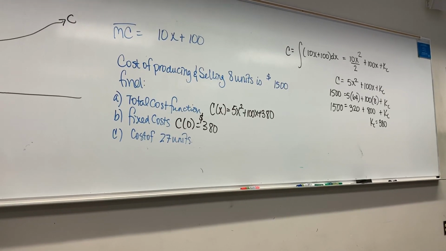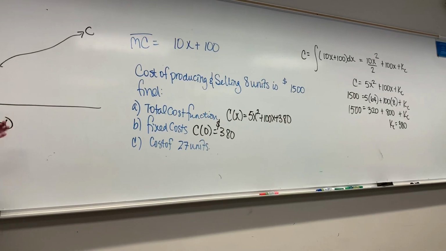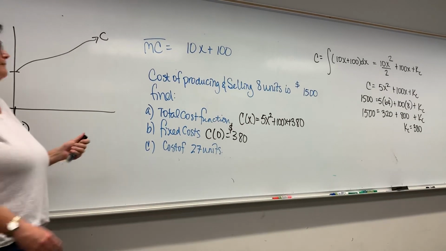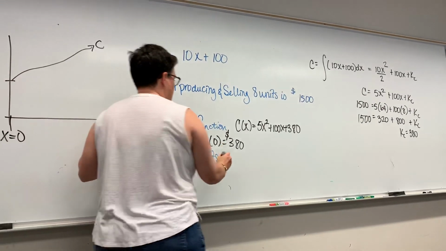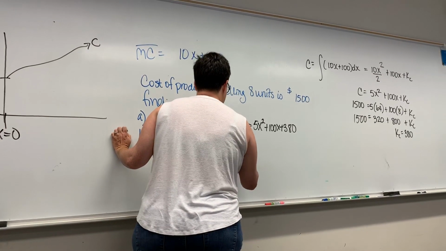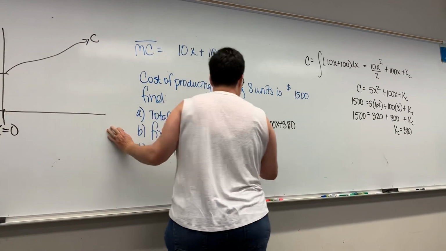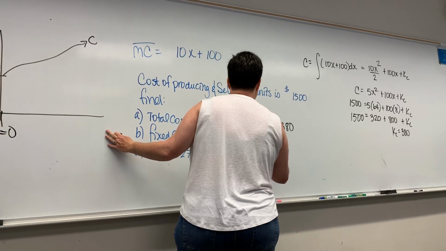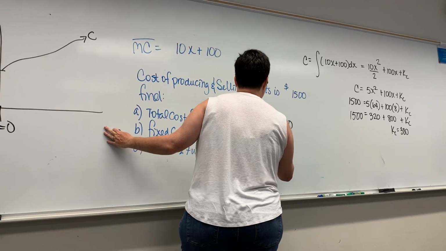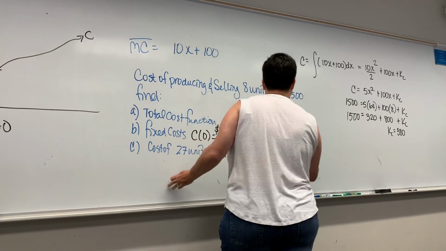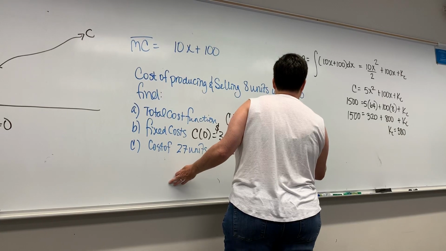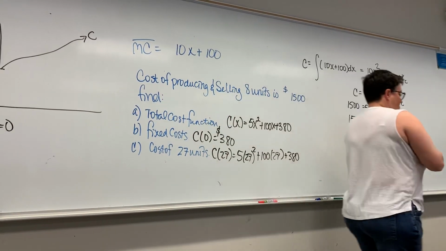So now what's the cost of 27 units? What do I do? Plug in 27 units into what? Cost. Good. C of 27 is 5 times 27 squared plus